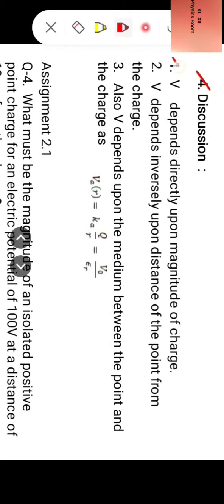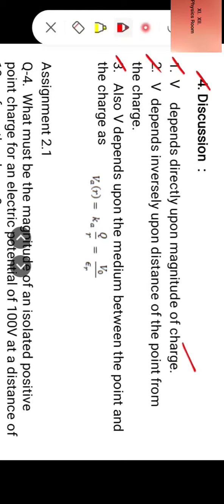First point, V depends directly upon magnitude of charge. If we look at the formula, we see that V depends directly upon magnitude of the charge. Number 2, V depends inversely upon distance of the point from the charge. Number 3, also V depends upon the medium between the point and the charge, as